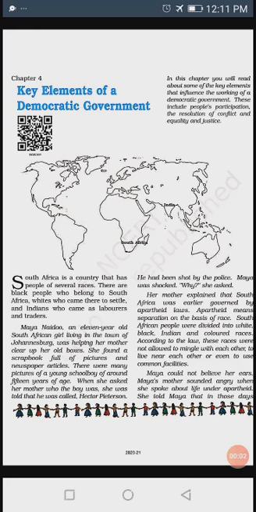Students, we have completed the third chapter, what is government. And then today we are going to start the fourth chapter of our political science, that is key elements of